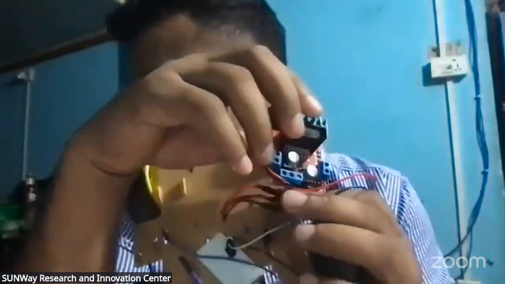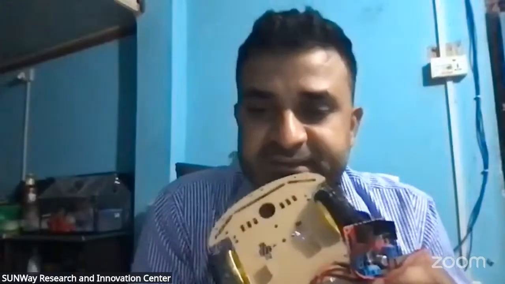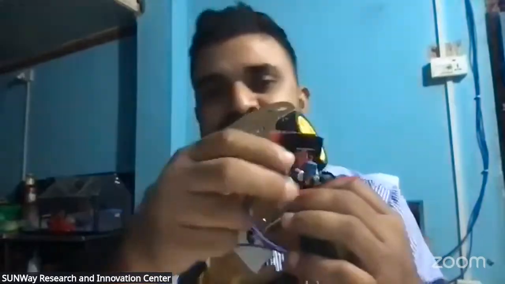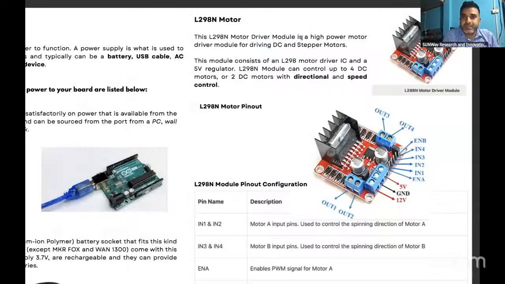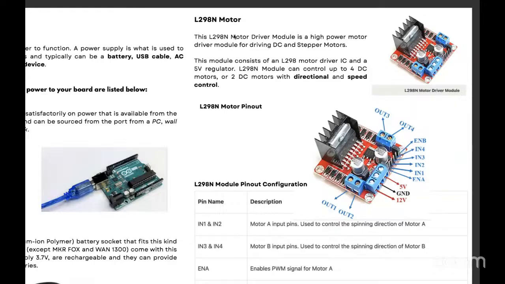Let me share my screen to go in depth into the motor driver. So this motor driver, the name of this motor driver is L298. The motor driver module is a high power motor driver module for driving DC and stepper motors. This module consists of an, sorry,